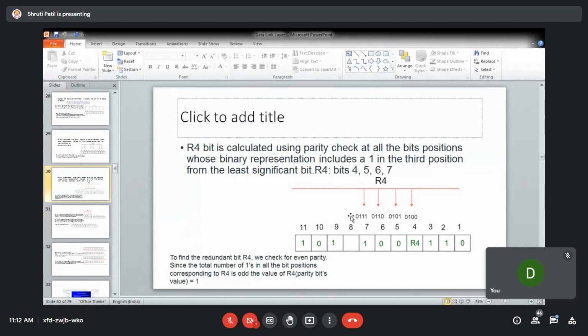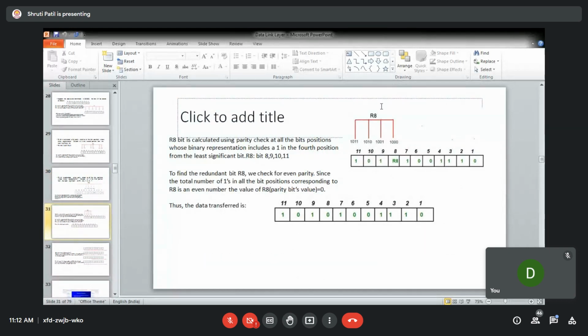These 4 positions will be checked. So when you have this data value, you have 1, 0, 0, and this is the R4 position. So here only one 1 is there. To make it even parity, you require 1 over here. So R4 will have the value of 1. Okay, so R4 is 1.